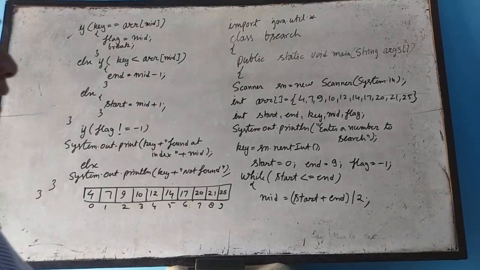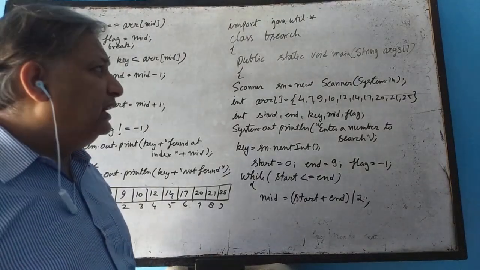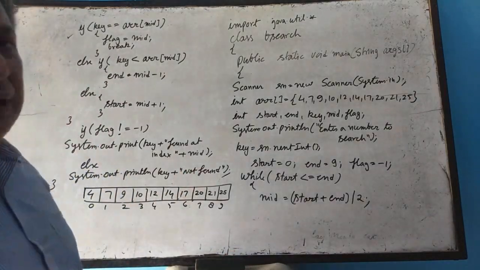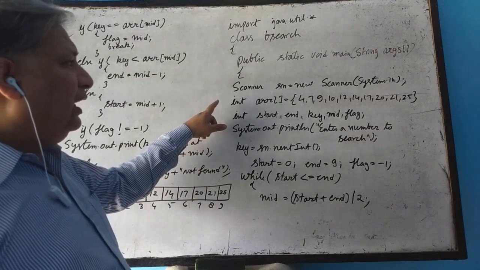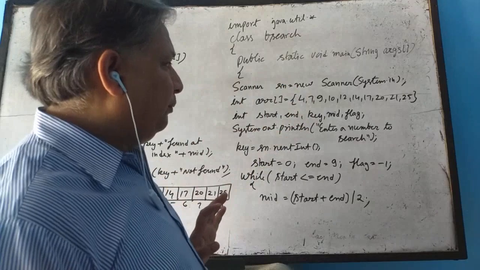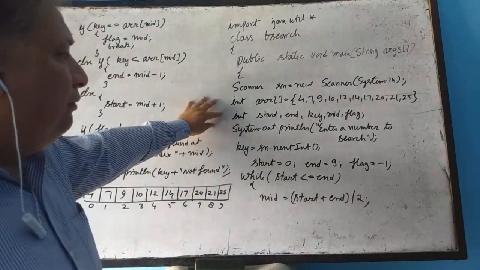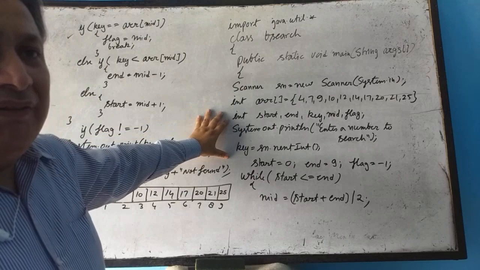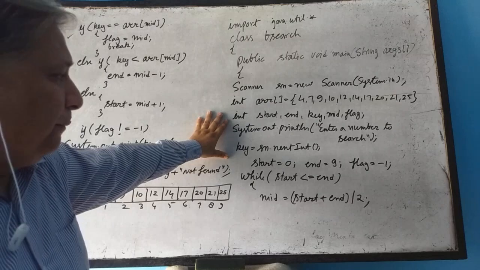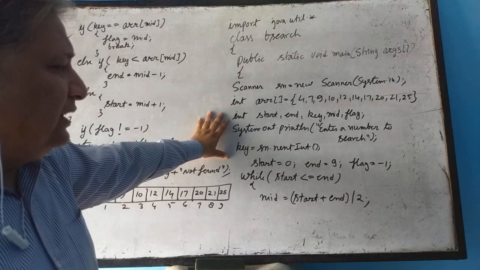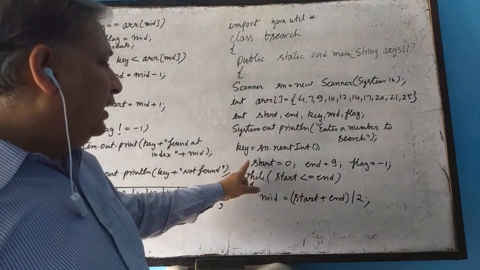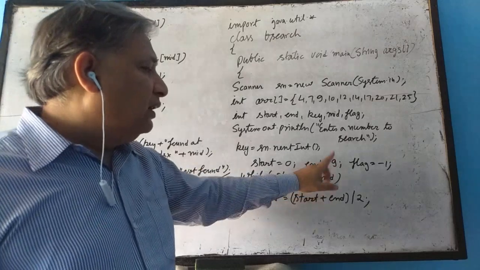So hello, we have discussed the concept of binary search. Now we will try to understand binary search with the help of this example. In this example, I have taken an array of size 10 and I have stored the numbers in ascending order. I have defined all the required variables, and here we take the input from the user, the key, the number the user is looking for. As the size of the array is 10, it starts from index number 0 and ends at index number 9. So the value of start is 0 and end is 9.